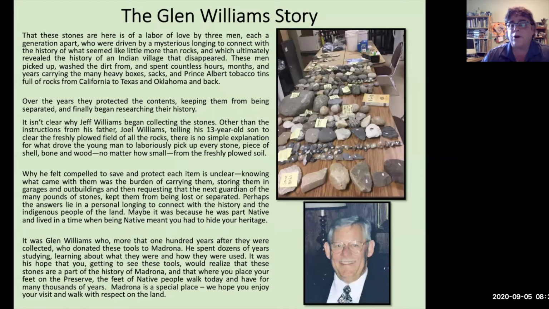What was most remarkable for me was when Glenn was showing us the collection, he would pick up the stone axes or the chippers and put them in his hand, and you could tell the gender of the person, male or female, who used the tool, and whether they were right-handed or left-handed, depending upon where the grooves were. You feel those stones, and you can feel the history of the people. It's an amazing collection.